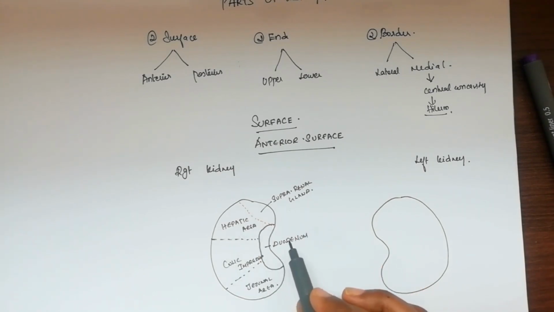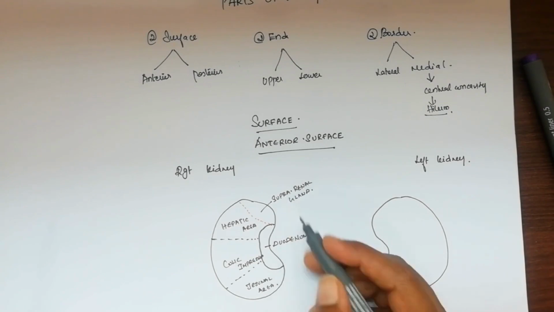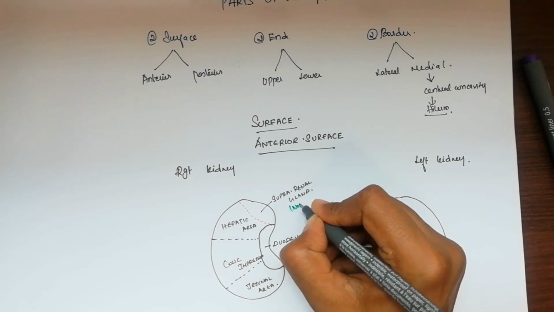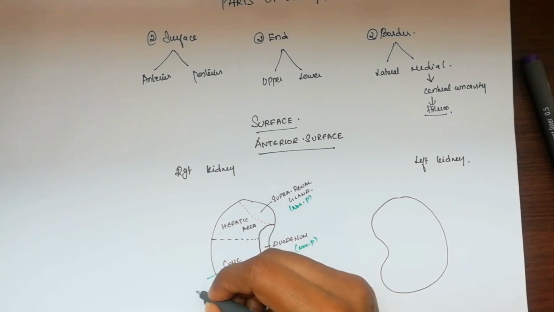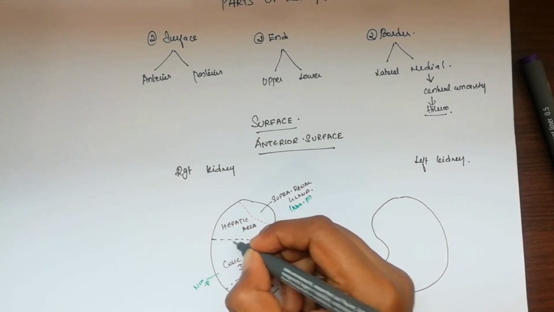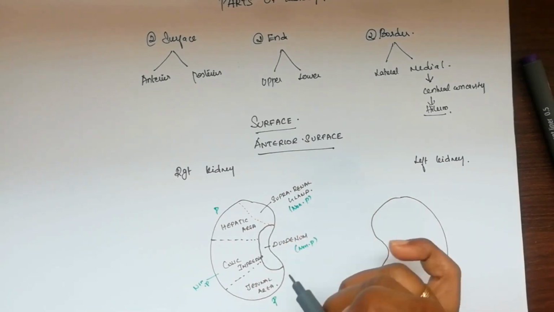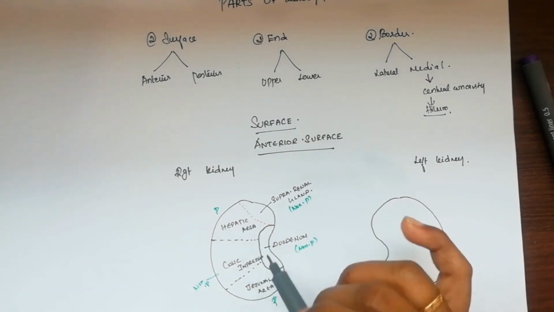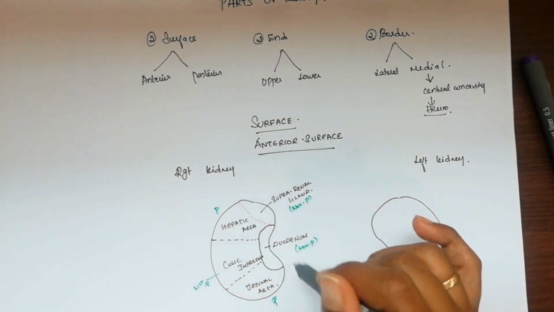And one more thing we can remember is which structures are peritoneal covered. The duodenum and suprarenal gland are non-peritoneal, and the colon, transverse colon, is a non-peritoneal organ relation. So these are non-peritoneal, the colic also non-peritoneal. The hepatic and jejunal will be peritoneal relations, so they have peritoneal covering with them. While they are related, we have the peritoneum of these areas related with this kidney. So this is how we have the right kidney relations.